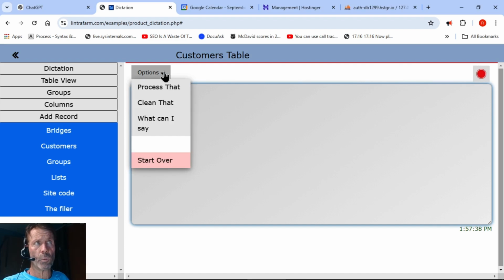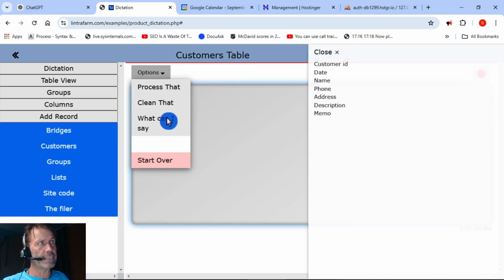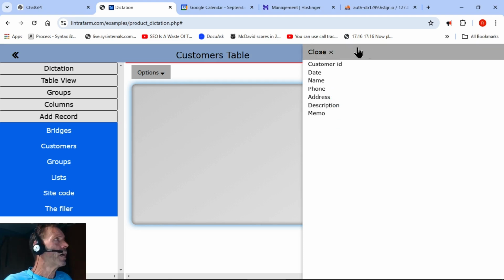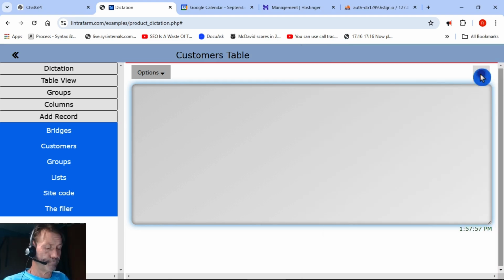So let me check the what can I say one more time. What can I say? Okay, I can see date, name, phone. We don't need to say customer ID, but that's in there anyway. But date, name, phone, address, description, memo, which is pretty much the stuff that I have down on here. So, okay, so let's get started. Date, February 5th, 2024